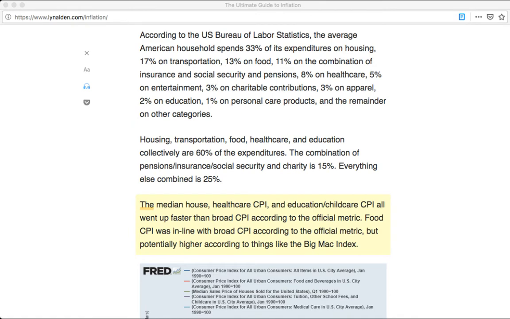The median house, healthcare CPI, and education childcare CPI all went up faster than broad CPI according to the official metric. Food CPI was in line with broad CPI according to the official metric, but potentially higher according to things like the Big Mac Index. Chart source: